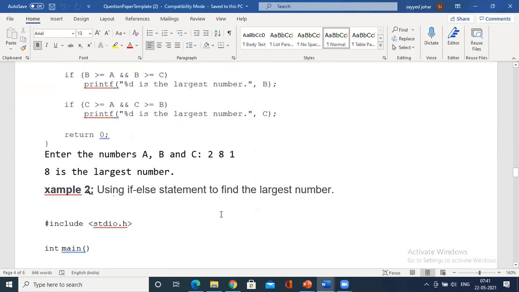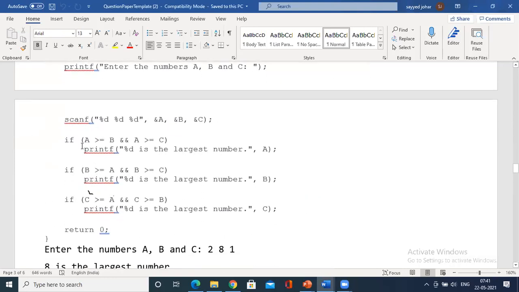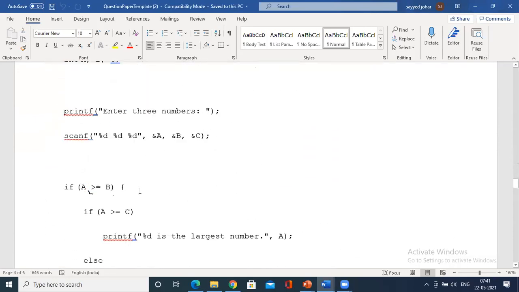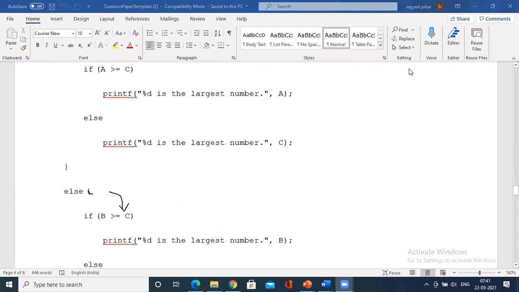Next, coming to the if else statement, there are many ways. This we have identified only by using simple if. Similarly, we have if else. So how do you write it? If A is greater than B, you get inside this condition, then you check whether A is greater than C. If not, you go to some other condition, else B may be greater than C. Else first you identify whether A is greater than C. If yes, again you enter into the A is greater than C. Two times you have to go inside the if conditions.